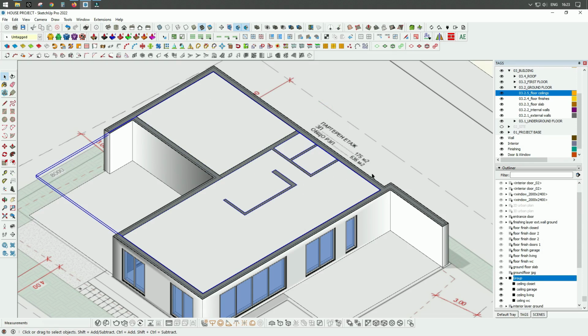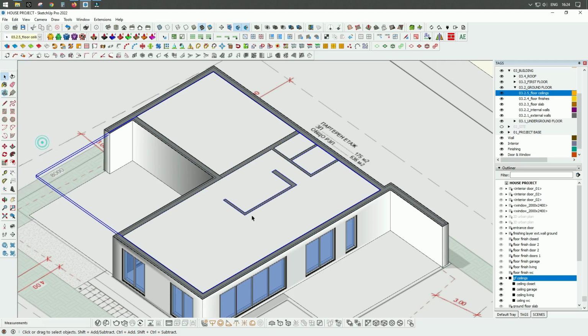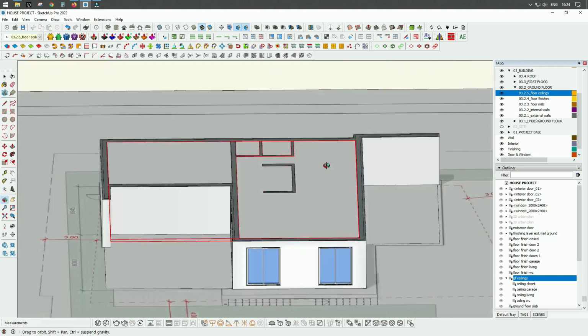Of course, for the ground floor, and I will rename this group ground floor ceilings. I will assign a tag to this group, and the tag will be the same, 03.2.5 floor ceilings. And now I can lock this group again,